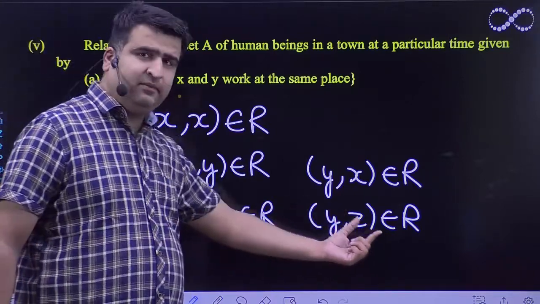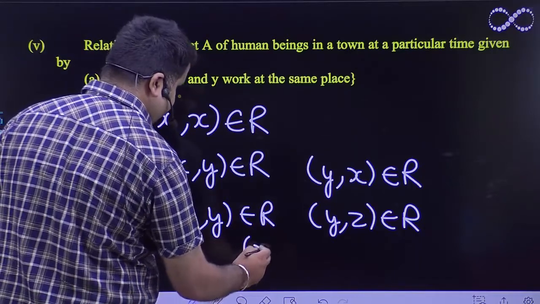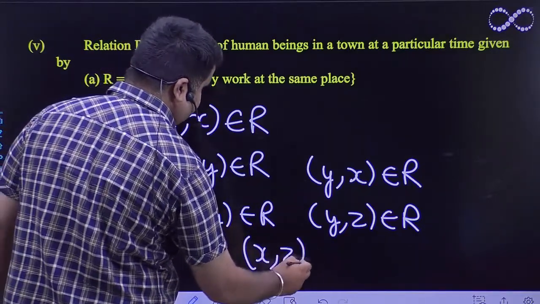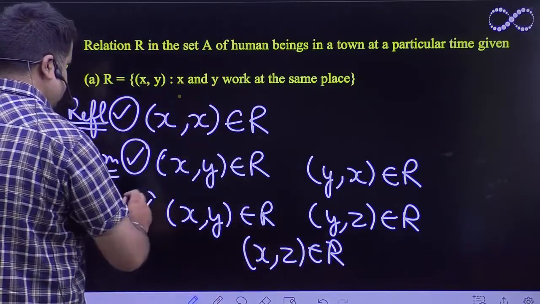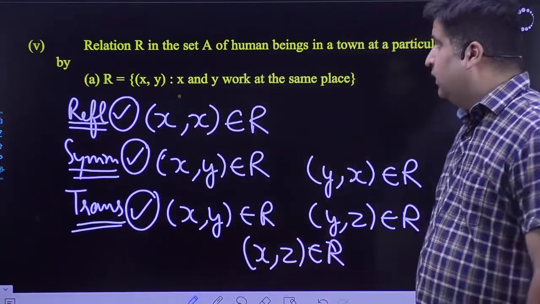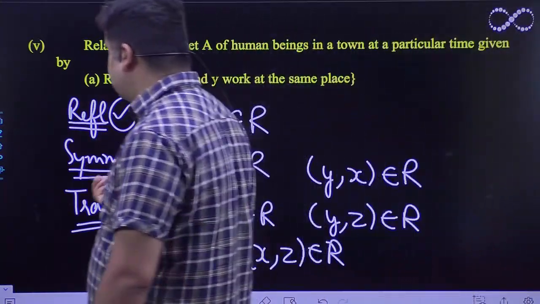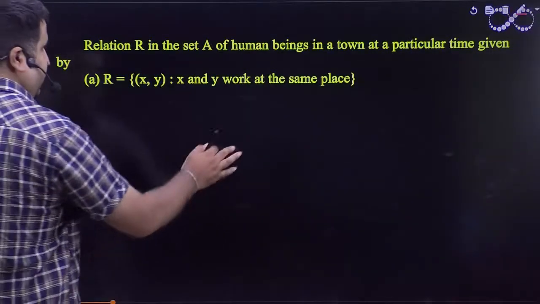Therefore, X and Z will also work in the same place. So X and Z will also belong to R. So this is also a transitive relation. Subsequently, let's move on to the next part. Next part is